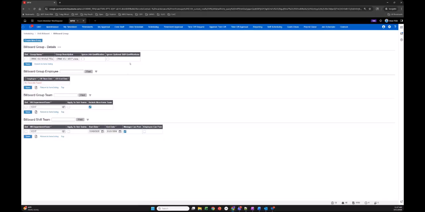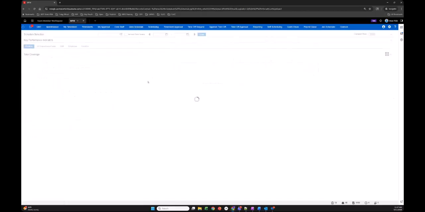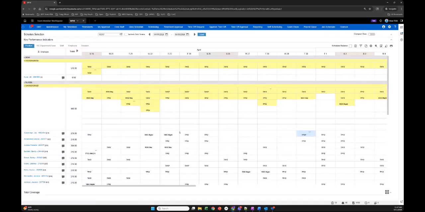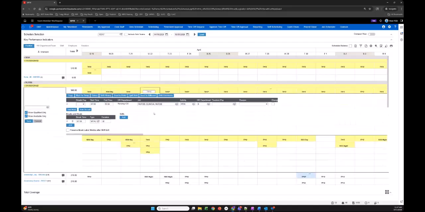So I'm going to go into the schedule and I'm going to show how we can post these shifts briefly. If we go back into this same schedule, for me, it's published. We were just balancing in this schedule. For some of you, it may not be published. For me, it is published. So I can go in here and I can click on one of these shifts and I can hit send